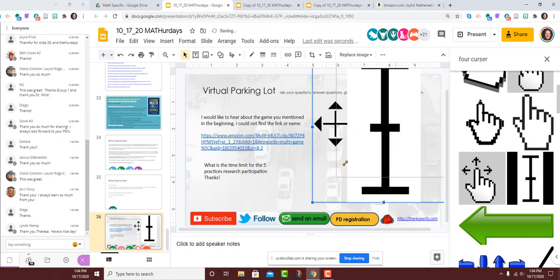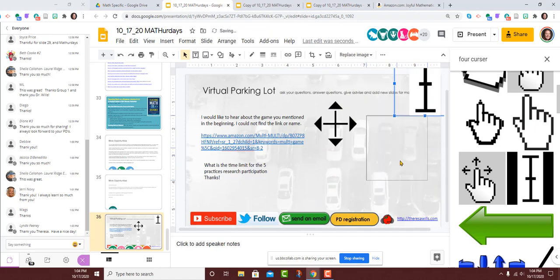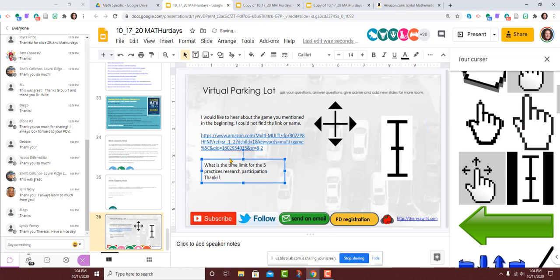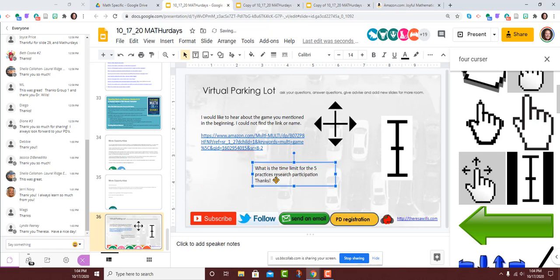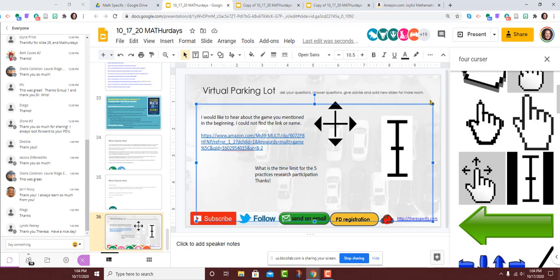And yes, we even have little rhymes for them because it helps us out. But that makes it so if I want to move this text box, I'm going to wait till I have the up, down, left, and right, move-it-anywhere symbol. And if I want to type, I have the cursor, but now I can't move it anywhere because I have the cursor. So little things like that definitely have to be taught.